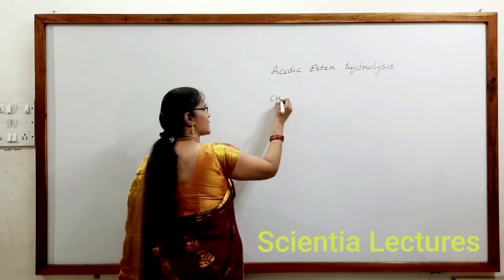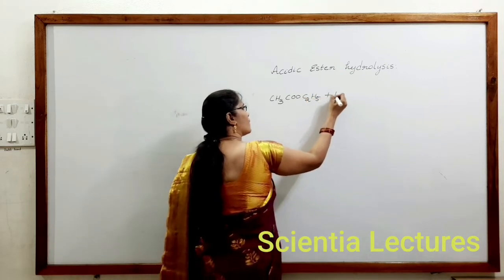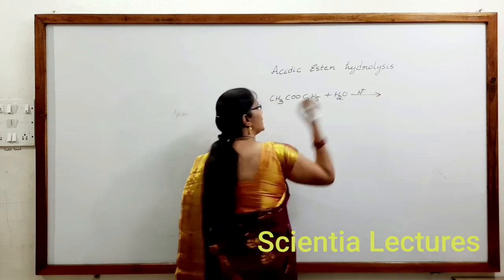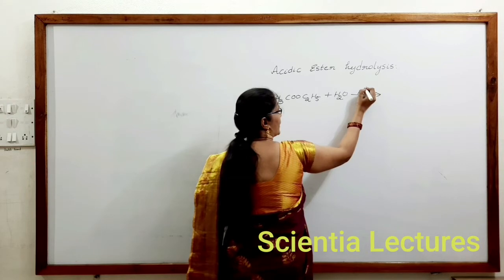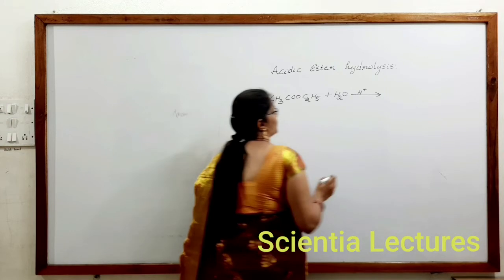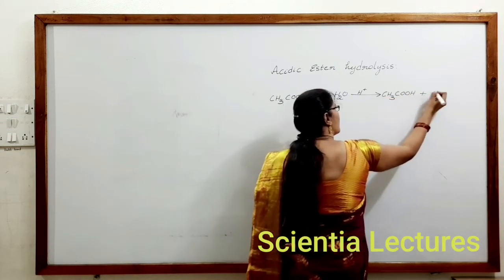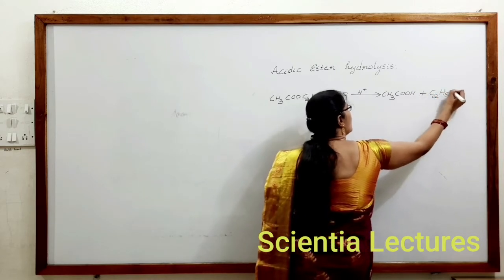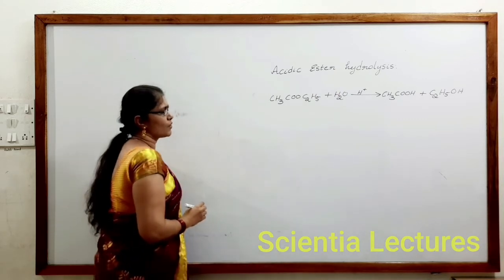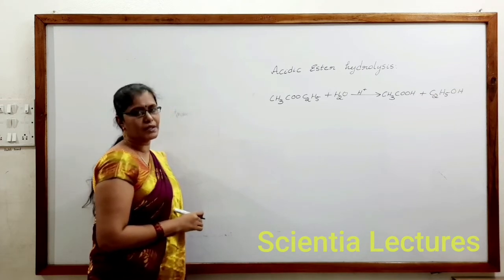Let us take some ester, CH3COOC2H5. On hydrolysis, in the presence of an acid H+, this gives rise to an acid, CH3COOH, plus an alcohol, C2H5OH. Now, let us take the initial conditions of ester, conditions at an instant T, conditions at infinite time,